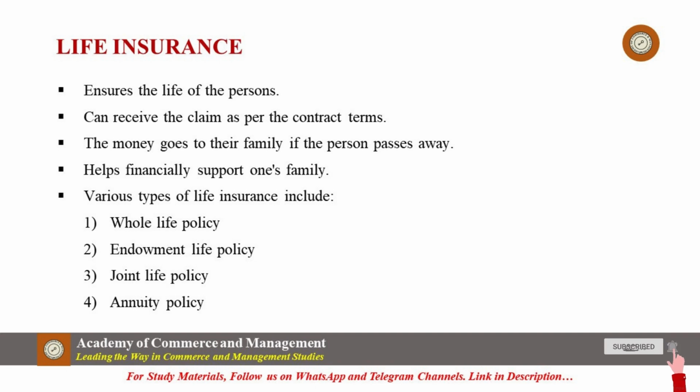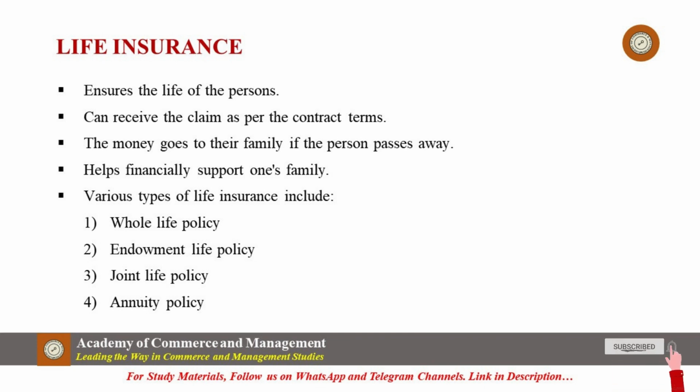Number 1, whole life policy. This insurance type is paid to the nominee. The nominee is decided by the insured. They are often the dependents or family members. The claim is paid when the insured passes. The premium requirement can be for the whole life. It may also range from 20 to 30 years. It varies as per the claim amount. This policy is to ensure that one's family members have enough financial support.